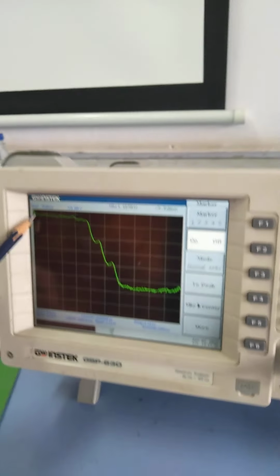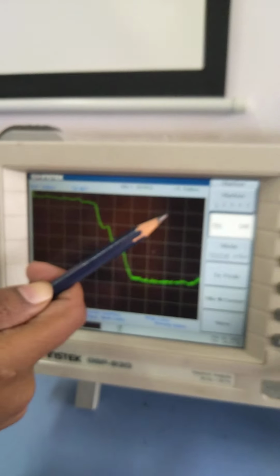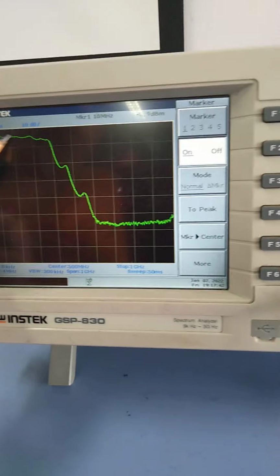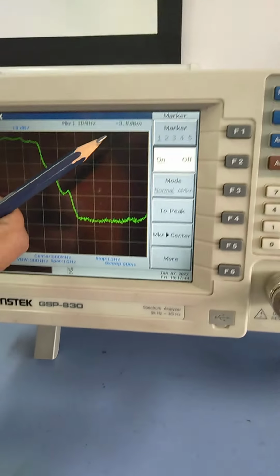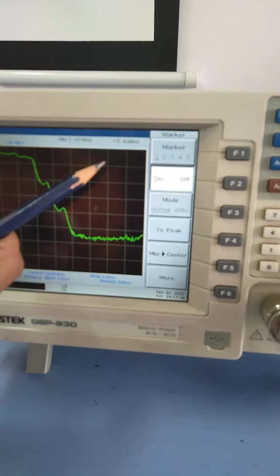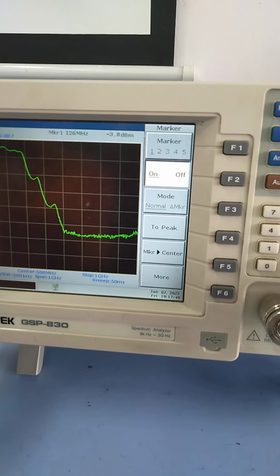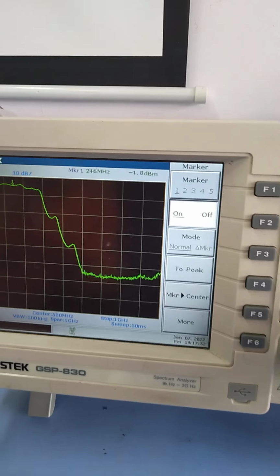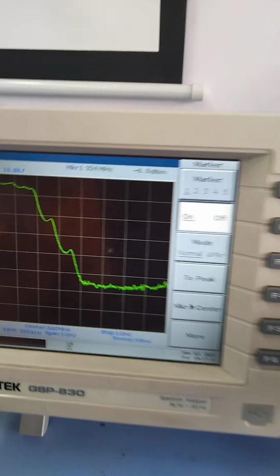So now we have to note down this position. Then we have to go down by 3 dB from this minimum attenuation point, that is we have to go down to near about minus 6.9 dBm. So I will be moving this marker down. You can see it is going down.